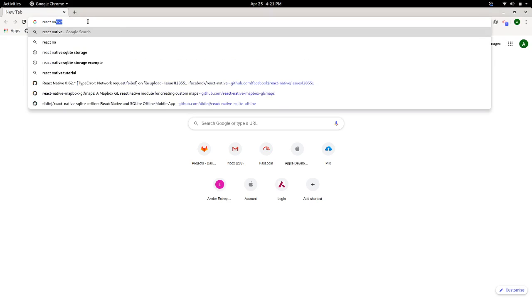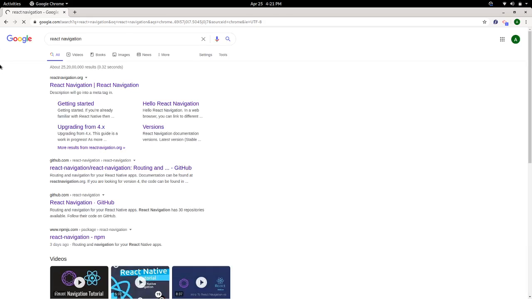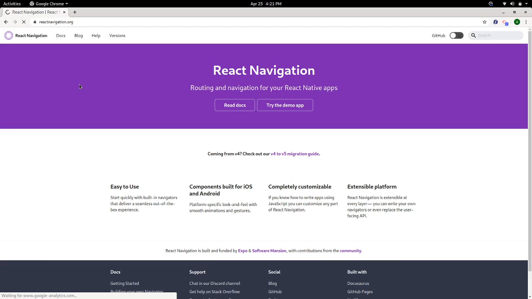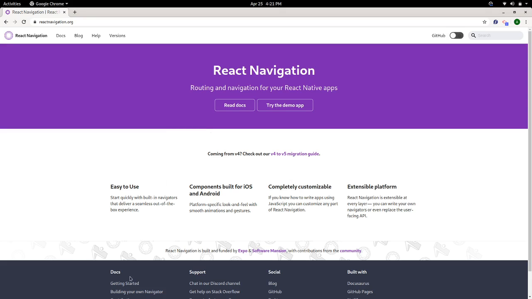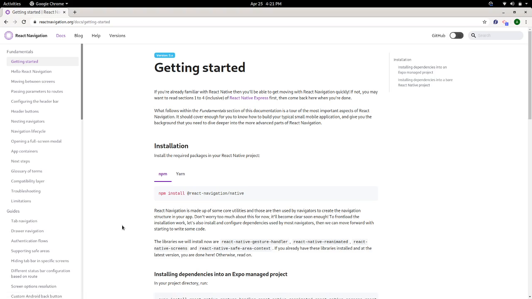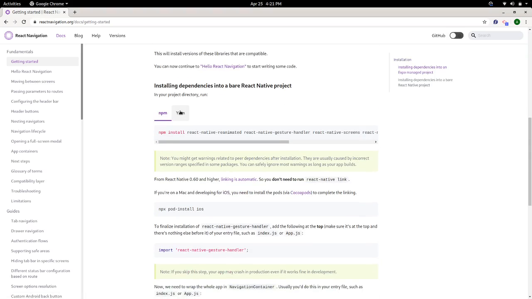So here I am using React Navigation. It is the library for React Native navigation, and it is a very cool library. You can go to Get Started, and here they give the commands. We are using yarn as the package installer.